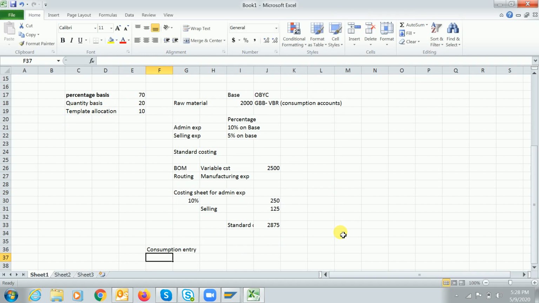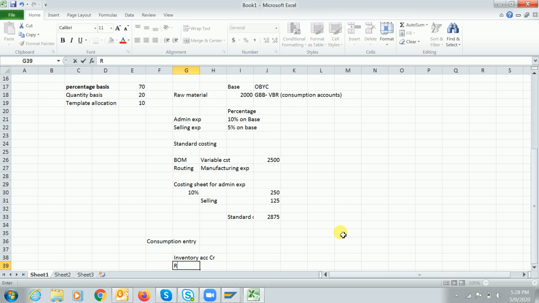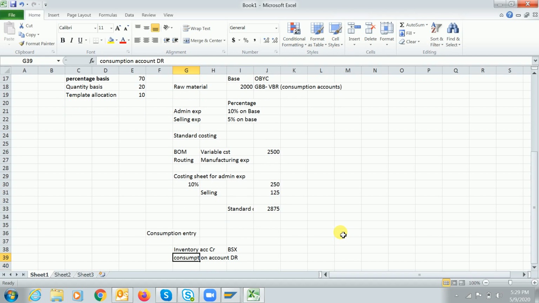While consumption, what accounting entry will the system post? The inventory account gets credited, and then the consumption account would be debited. This inventory account comes from the BSX. This consumption comes from the GBB VBR.